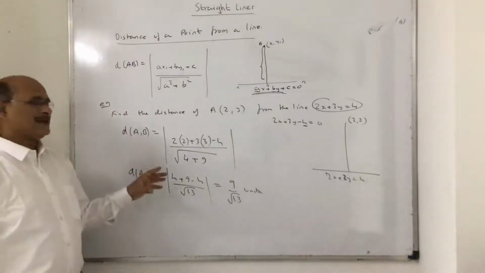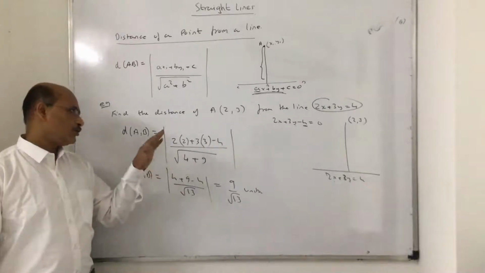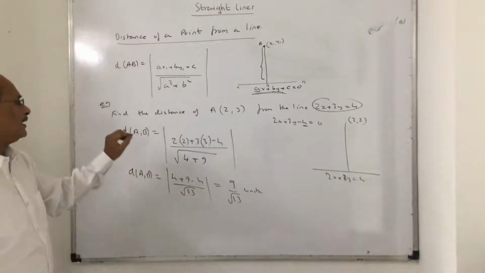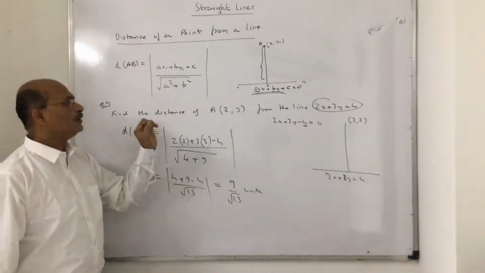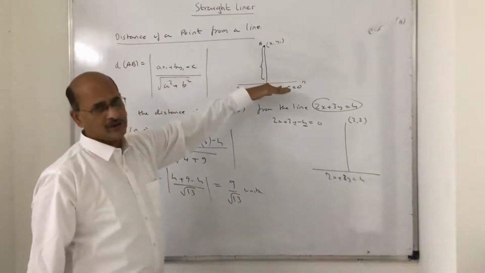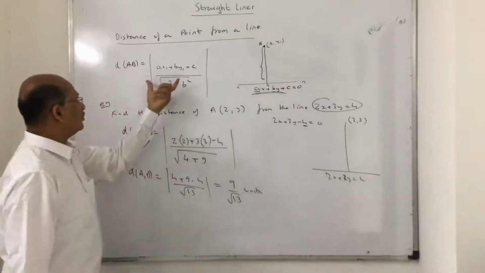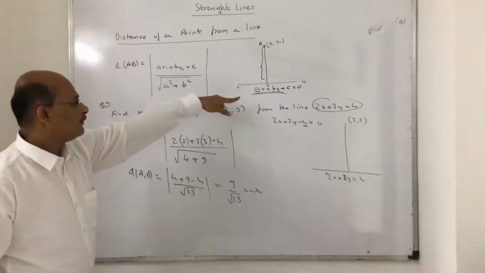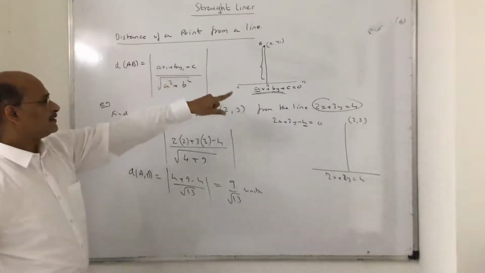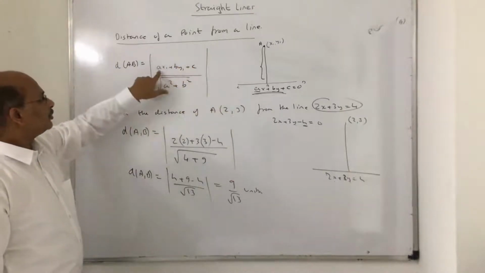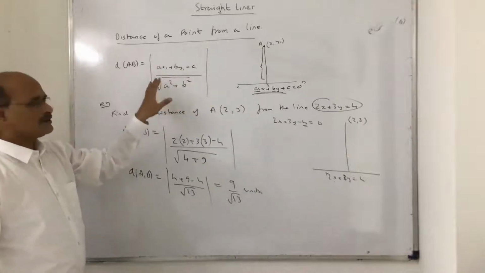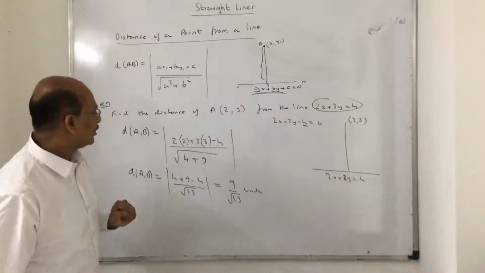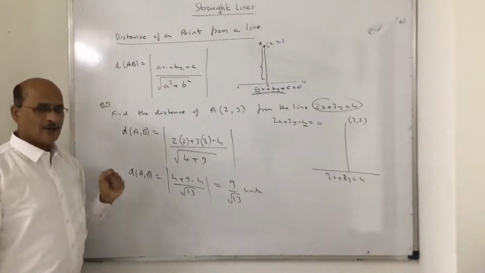So a very simple example I have taken up, but there is nothing complicated at all in this case. This is the way you find the distance of a point from a straight line. That is, if a straight line is ax plus by plus c equal to 0, then modulus just ensures the distance is not negative. That's it. There is nothing more than that. So I hope you got this point clear, children. So pause and note it down.